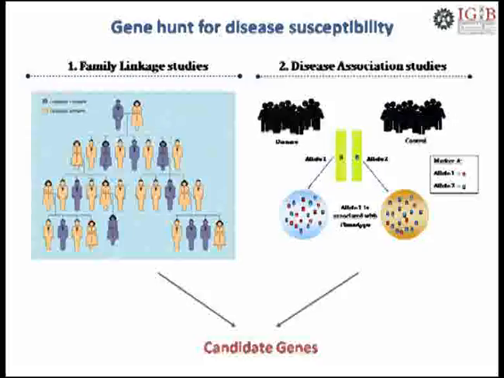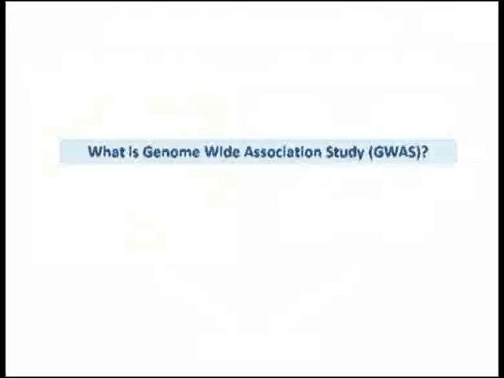And these associations are a very simple way, a cartoon picture. If you see, this is the disease population and this is the control, and you are testing the single nucleotide polymorphism. If you see that the disease group is having this allele more, with the statistical help you can say this is associated with the disease. These are the candidate gene studies.